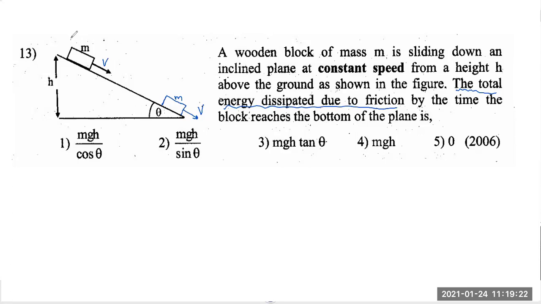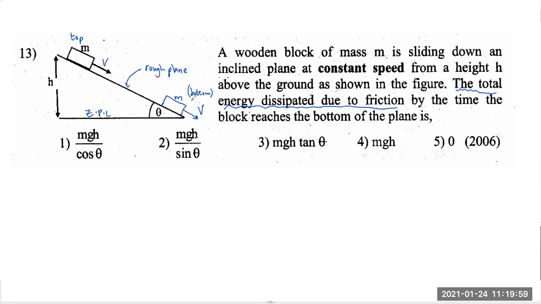So I'll take this as the top of the plane and this is the bottom of the plane. Now the object is sliding down at constant speed. Therefore, at top and bottom, it will have the same kinetic energy. And let's take this as our zero potential level. One thing you have to understand, this is possible only if the plane is rough. So it has friction. And whenever there is friction on a rough surface, when an object moves, we know energy will be dissipated due to friction.